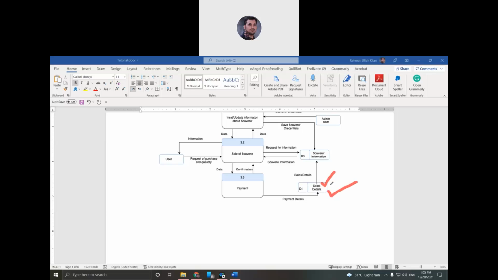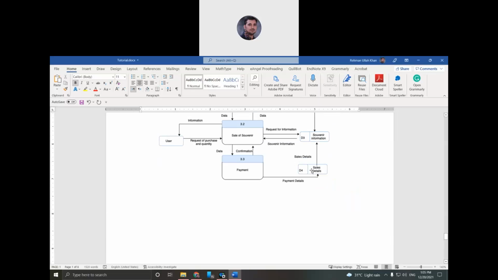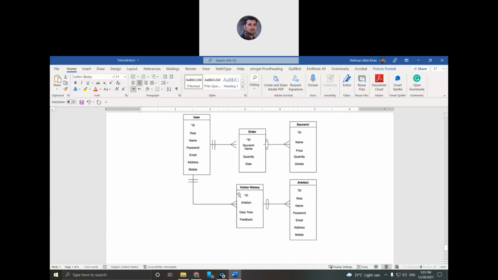If you want to use sale, purchase or something, actually this means that this table is storing all the information about the sale process. And this is why when I went to ERD, this table I showed here as a visitor history. There may be a bit of difference in the naming.